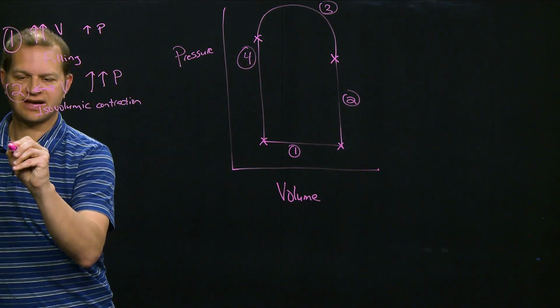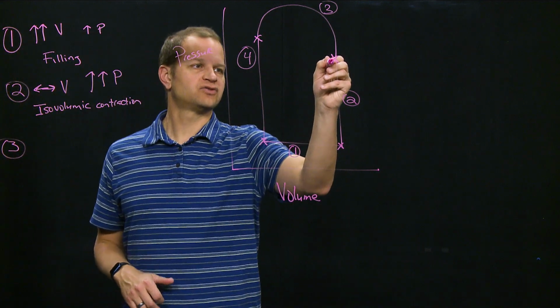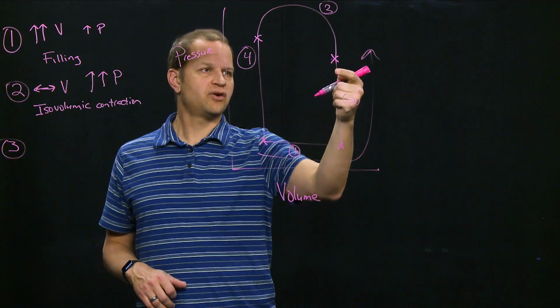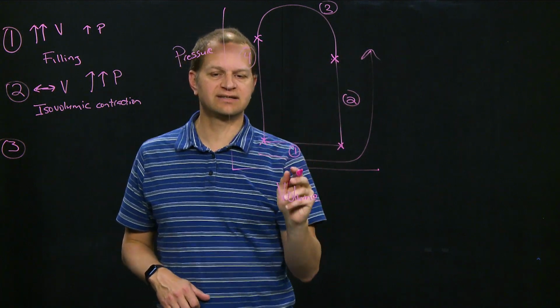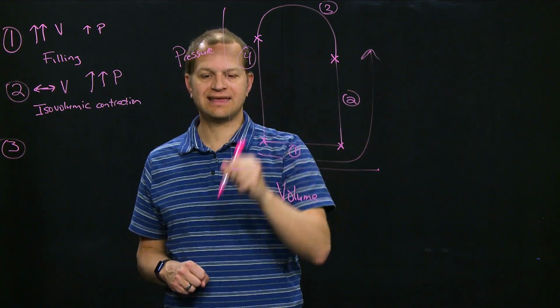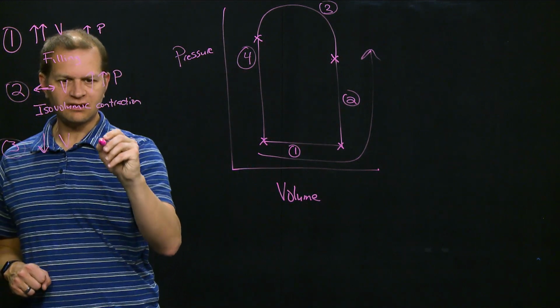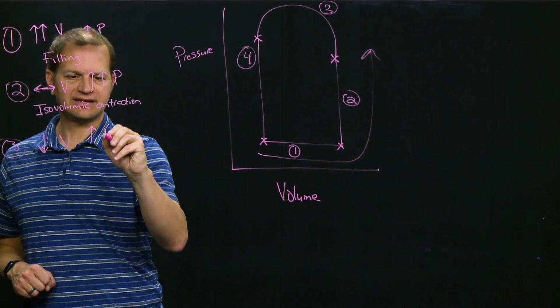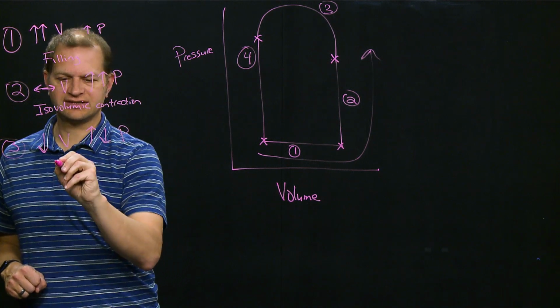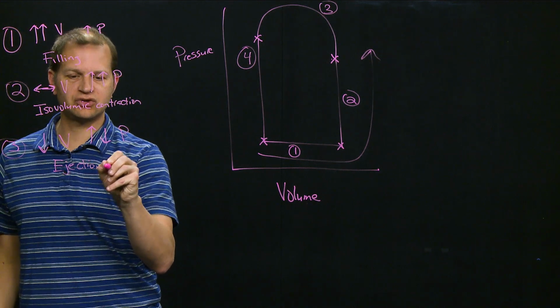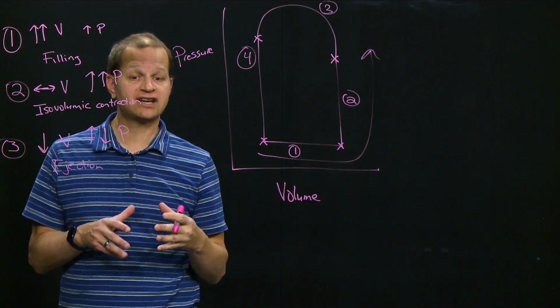So then next we've got 3 here, and so that goes from here to here. And so just to be clear, we go this way. Okay, so notice that volume ultimately decreases, but pressure increases for a little bit and then it decreases. So here we have a decrease in volume, followed by an increase and then decrease in pressure. So this is ejection. Okay, the initial increase in pressure is due to the strong, forceful contraction of the ventricle,